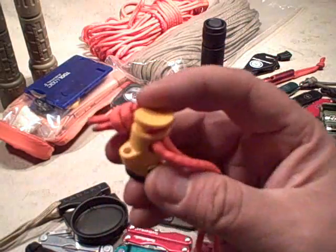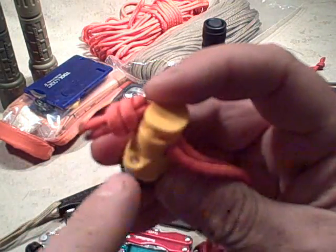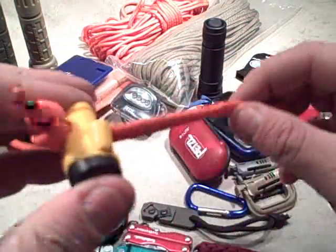Next up is these little carabiners. They've got an LED light in them. I'm pushing a little button here, and there's 2 different brightnesses, and then a signal strobe. Well, more of a signal flasher. It's not really as fast as a strobe, but it's a carabiner that works for cinching up, you know, using